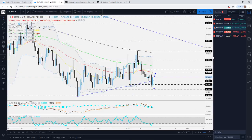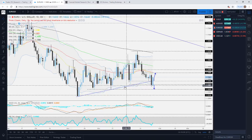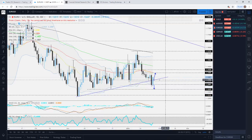Jumping into euro dollar now, if you're trading this pair, then you're probably a little bit annoyed, let's put it that way. And certainly I was talking about this one, guys, and I was telling you this morning to keep a close eye on it, because if this suddenly drives back above this upside support line, then of course this could be a good sign for the bulls, especially going into next week, because this could potentially mean that the pair doesn't want to move lower. It actually had enough of the downside,